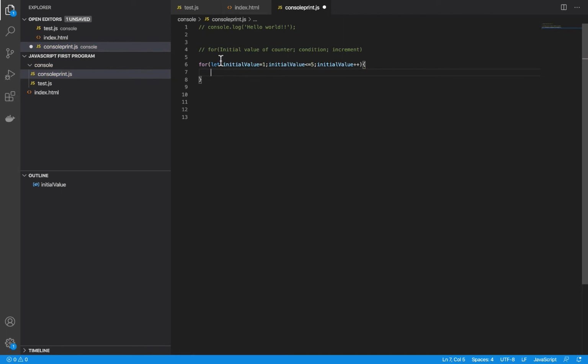So what we are doing here is we are initializing a value to 1 and we are saying increment this particular counter till we have a condition that is satisfied. So we are saying here execute this particular loop where initial value is 1 till this condition is satisfied and increment this particular counter. So let's say when the first loop will start, this value will be 1. It will check, okay, 1 is less than equal to 5. Yes, it is. It will go inside the loop, do the execution from the body.